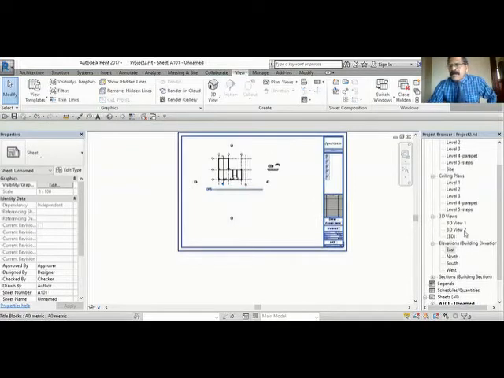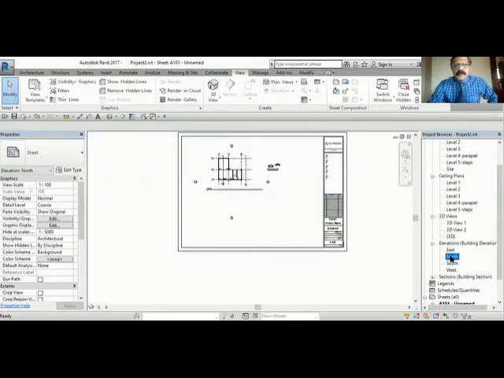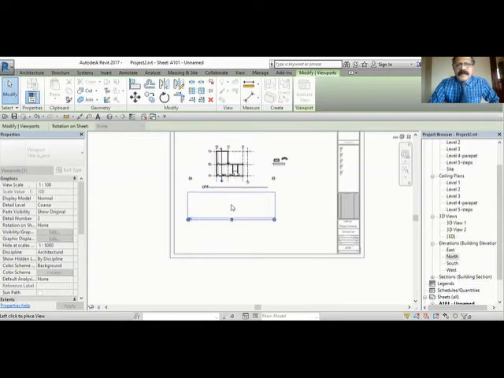When you bring that elevation, suppose I bring north elevation, you can see that there is a small dotted line coming. It's not much clear.